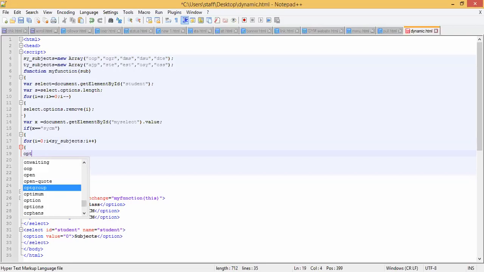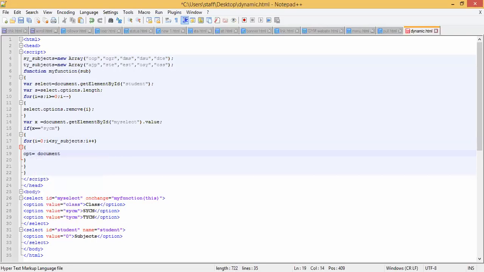For that, the option value which we want to select, we will take document dot create element in bracket.